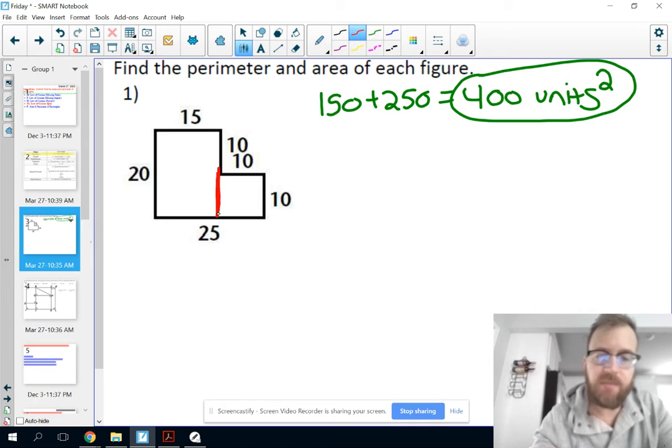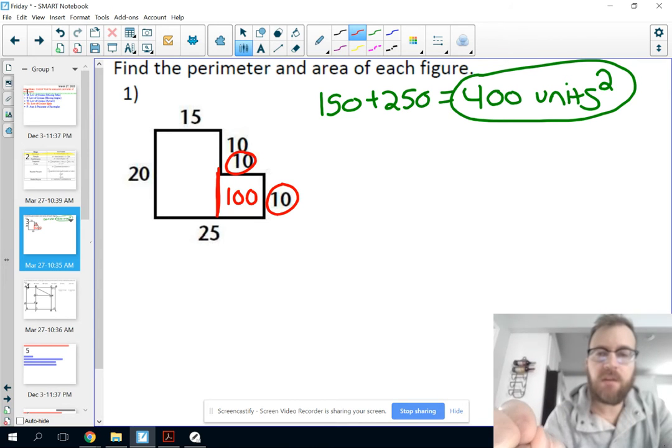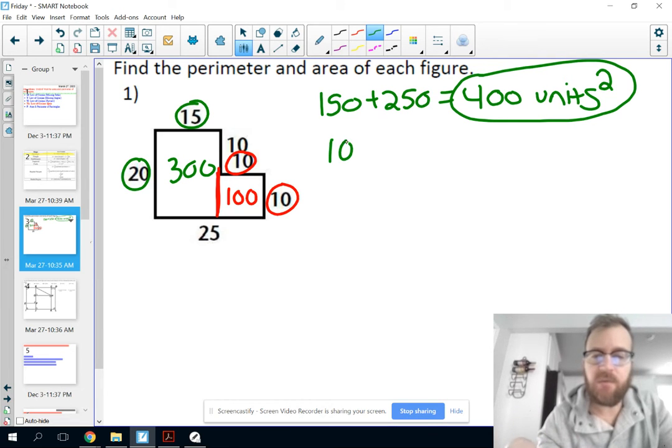So what if we broke it up that way to create technically a square, but also a rectangle, and then our rectangle on the left? So we've got 10 times 10, base times height, for an area of 100. And then in green, we have 15 times 20, base times height, which is 300. So then if we did that same thing, added them together, 100 plus 300 would still equal our 400 units